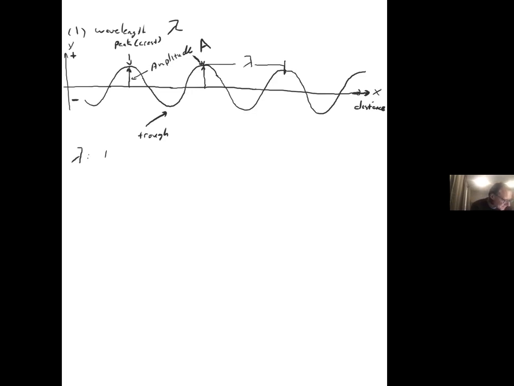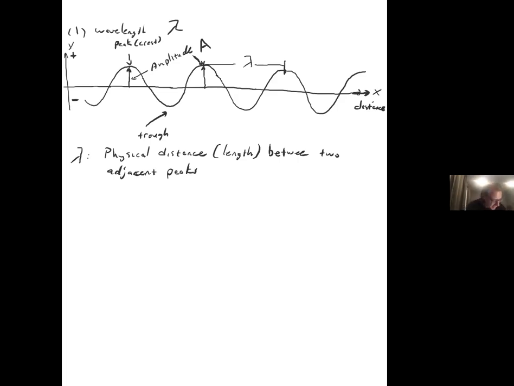It is the physical distance. And these are length distances, right? I'm talking about length, how far something is between two adjacent peaks,